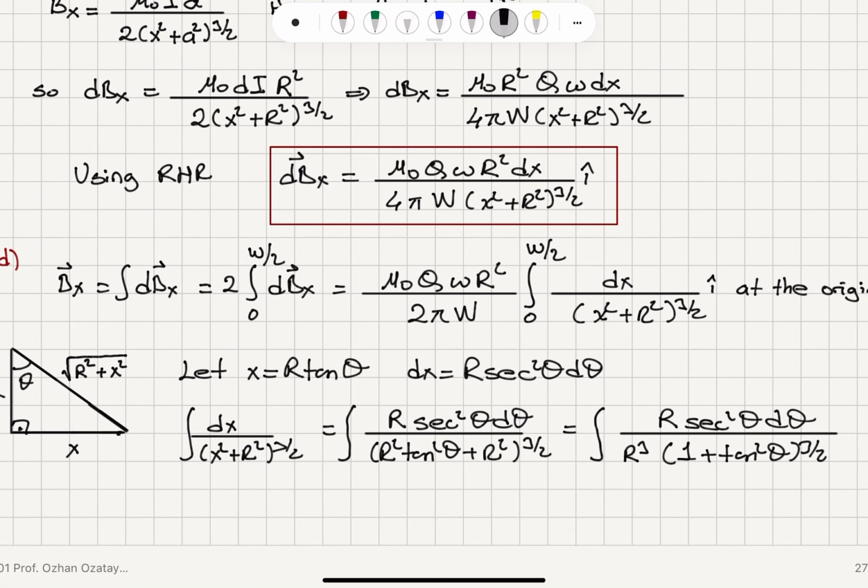So this becomes, because we have a cancellation here, 1 over capital R squared